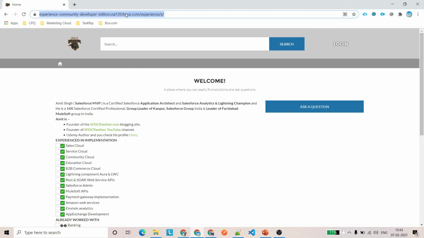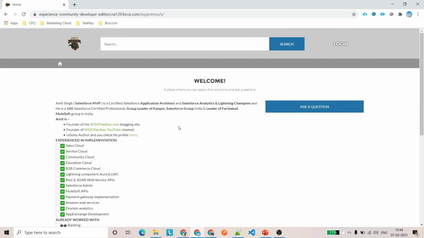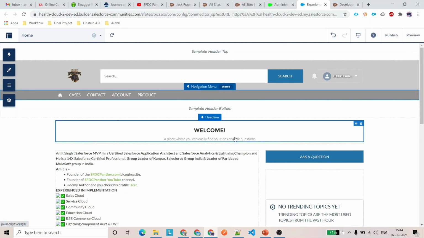Then go to any incognito window or any other browser, hit the URL that you have just copied, and you will see that your community is here, and whatever you have placed that the public can access is accessible to you. You notice that all the tabs are not accessible to me. Once your community is published,